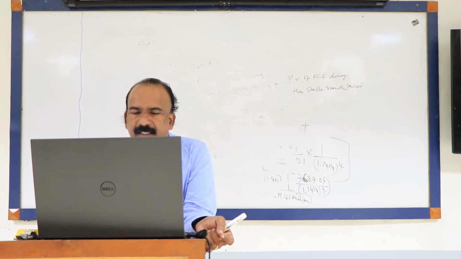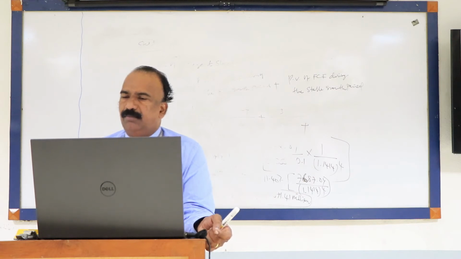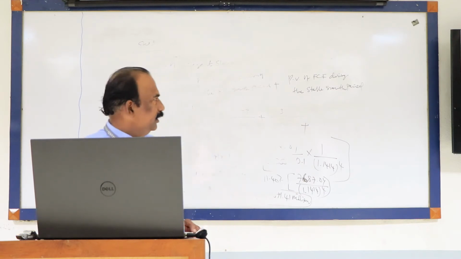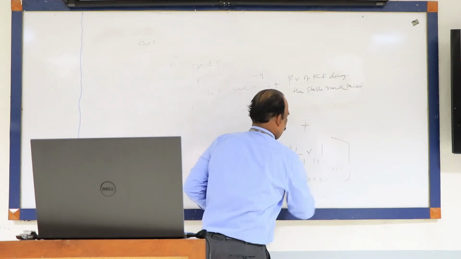Then cost of debt is 14%, debt equity ratio is 1:1, risk-free rate is 11%, market risk premium is 6%, equity beta is 1, capital expenditures are offset by the depreciation. There is no change in capital expenditure during the stable growth period. So first you calculate the weighted average cost of capital during a stable growth period and high growth period, and then calculate the FCF. We'll try to complete.